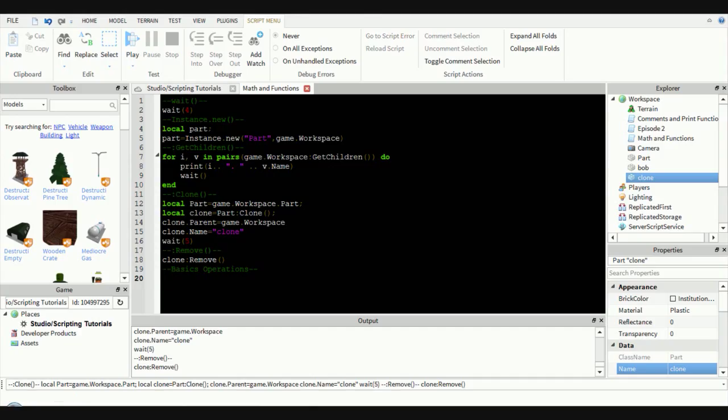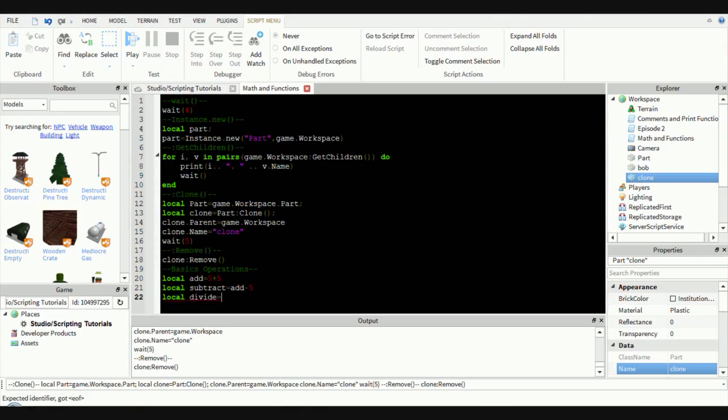So let's go name some variables. Adding, local add equals 5 plus 5. You see there's a plus symbol right there. And then when you want to subtract, local subtract equals 10 minus 5. Let's just put add minus 5. And then local divide